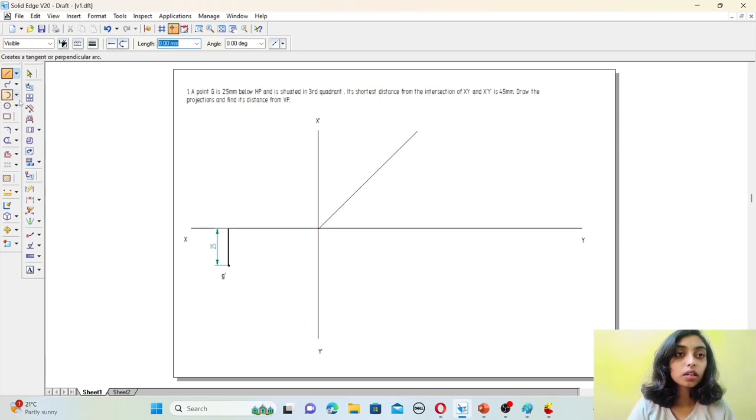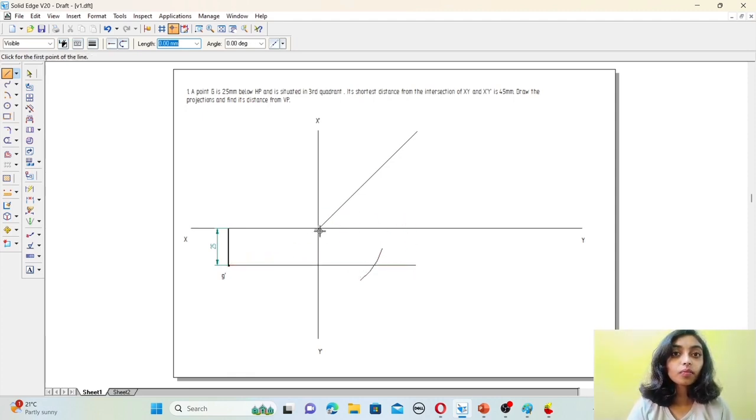So for that, go to Arc by Center Point, make sure the line is 0.13 mm thickness, then radius as 45 mm. From this line, cut an arc. Then again, we need to join these lines. So select 0.13 mm thickness. From this point, join here.